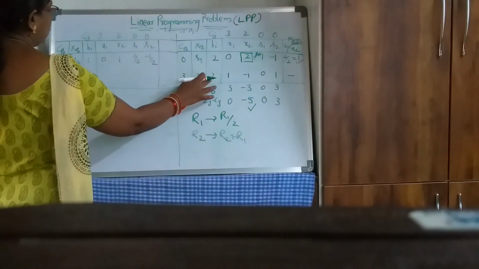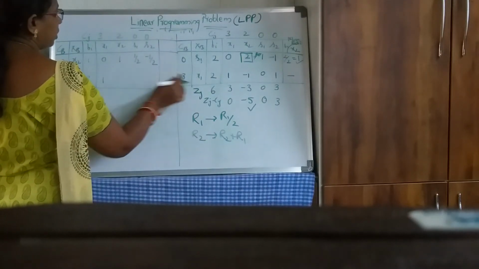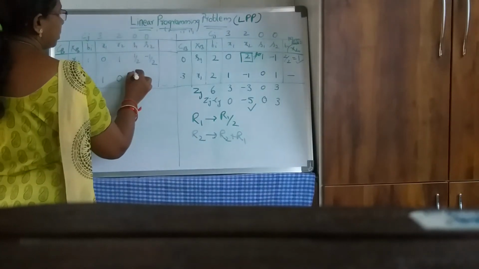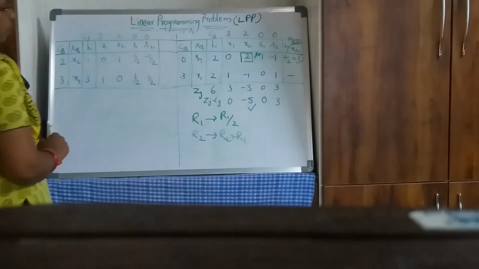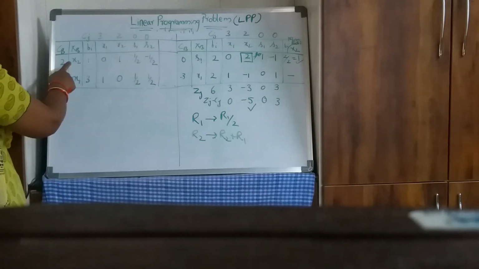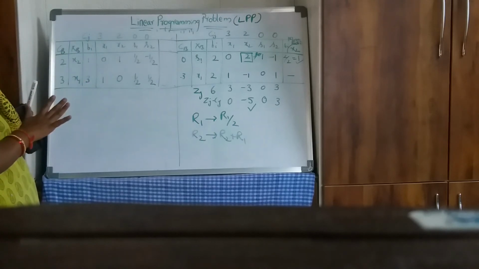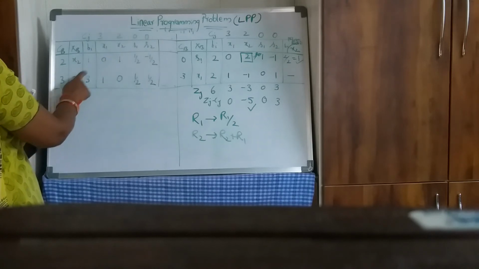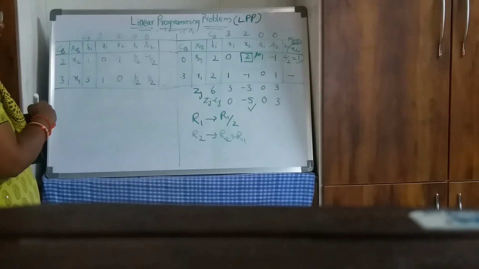When I make the transformation, the elements in the pivot element column will be 0. So this is 2, 2 plus 1, 3. 1 plus 0, 1. Minus 1 plus 1, 0. 0 plus half, half. 1 minus half, half. Now you have to check whether your transformations are correct or not. See whether the elements in the basis XB column are forming an identity matrix or not. Here x2 should be 1 0, you have 1 0, x1 should be 0 1, you have 0 1. So they are forming an identity matrix. That means your transformations are correct.